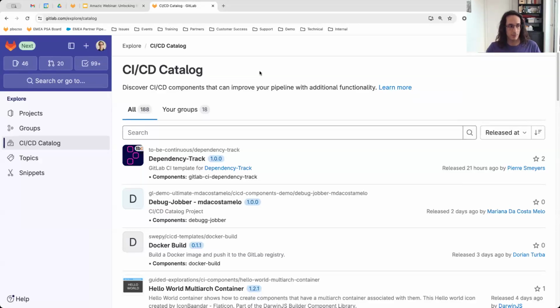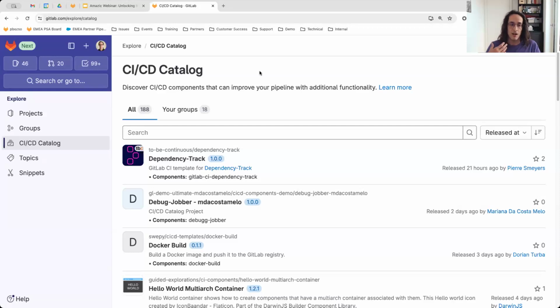Really important: gitlab.com has a central catalog that everybody can access. You, as a gitlab.com customer, can have your own catalog that only your organization, your namespace, can access. And if you're a self-managed customer, you can have your catalog on your self-managed instance, which is only available, just like the rest of your self-managed instance, to people who you give access to, right?